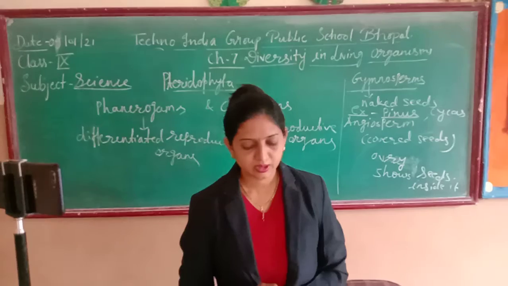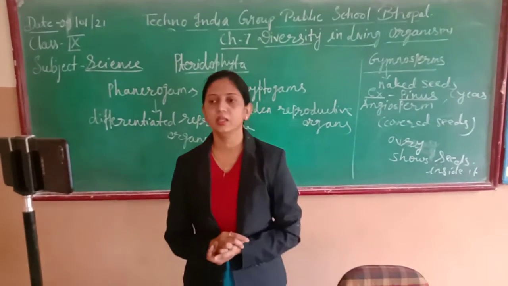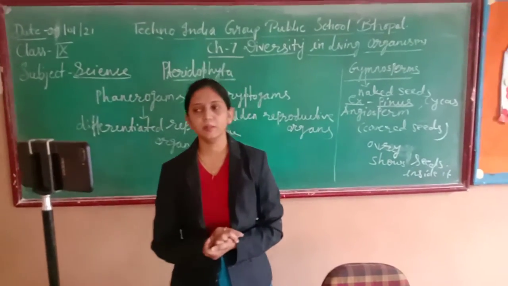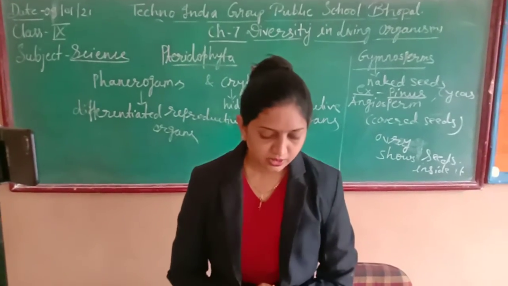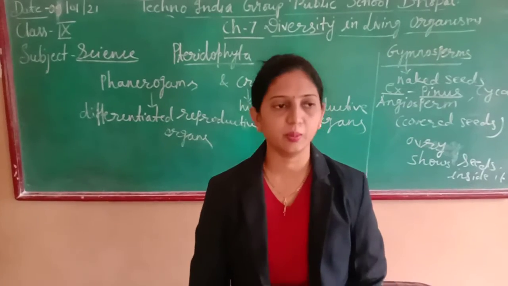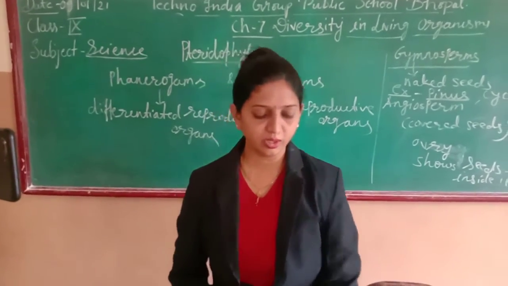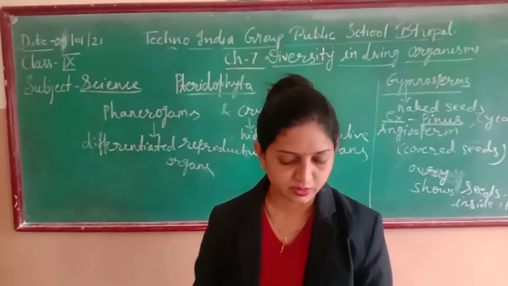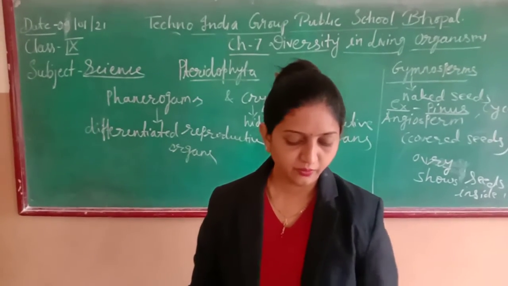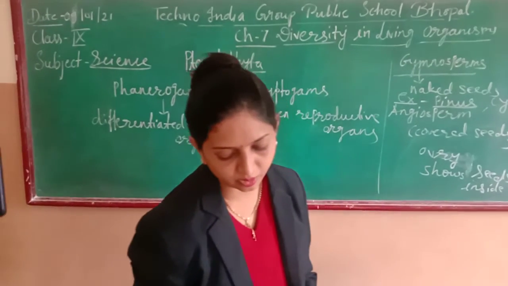Cotyledons: the plant embryo in the seeds has structures called cotyledons. Cotyledons are called seed leaves. What is another name for cotyledons in the seed? We also call them seed leaves, because they emerge and become green when the seed germinates. The color of the leaves is green. That's why we also call them seed leaves or cotyledons. The angiosperms are divided into two groups on the basis of the number of cotyledons present in the seeds.